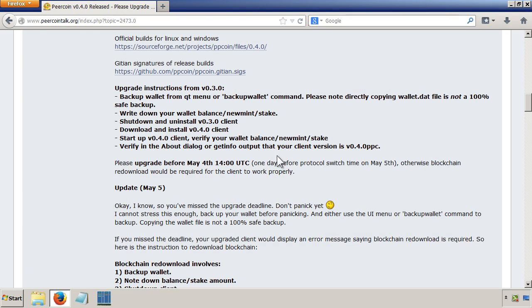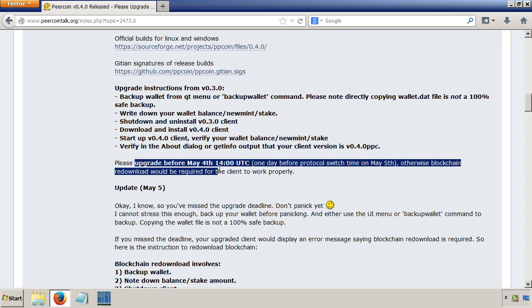Okay, this is a quick video to show you how to upgrade from version 0.3 Peercoin wallet to the latest version, which is version 0.4. Now, this is a mandatory update, and you're supposed to have upgraded before May the 4th,